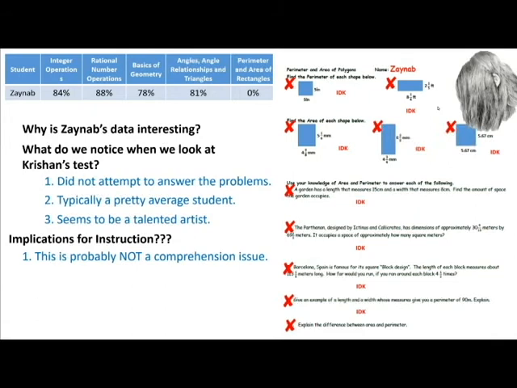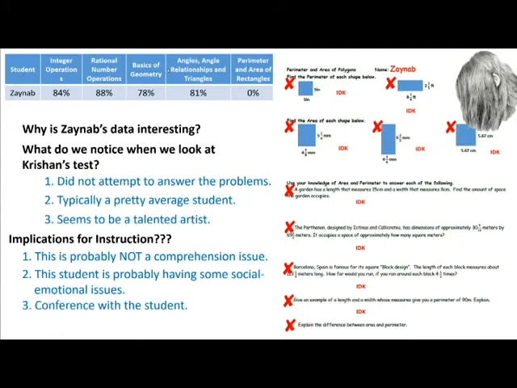So what does that mean for this student? Well, it's probably not a comprehension issue. More than likely, this student is very, very capable of learning the things that we're asking them to learn. You'll notice both the geometry and the number sense seem to be in place. It's more likely that this student is having some kind of a social emotional issue. Either there's some kind of crisis going on that is not specifically related to the math, or there's been some kind of a crisis that has prevented this student from preparing for this test in the way that they ought to do. Either way, this warrants some kind of a conference with the student,